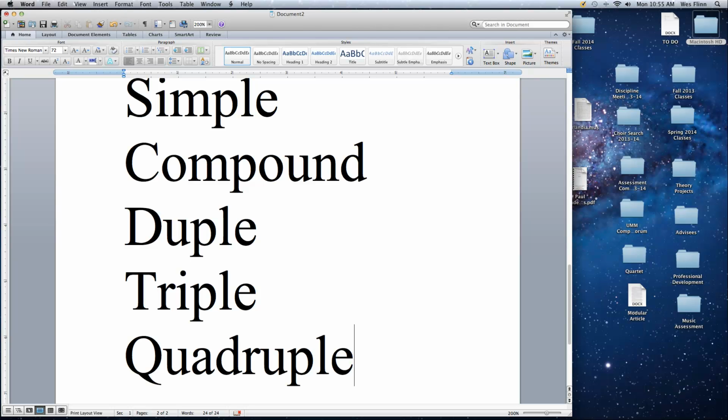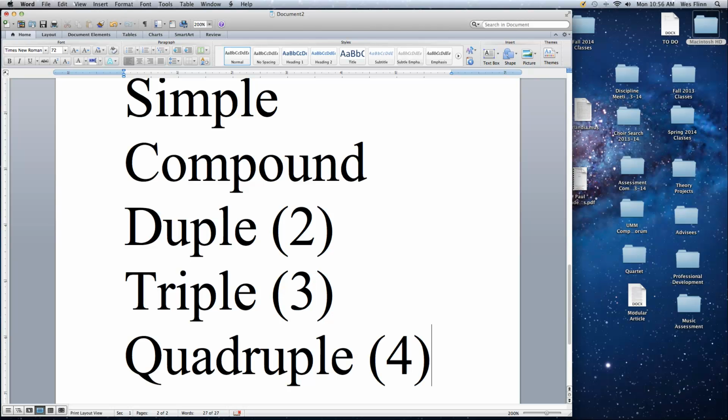We'll address simple and compound in a few minutes. Know that we're concentrating on simple right now. If you've done the math, you know that duple, triple, and quadruple mean essentially 2, 3, and 4.